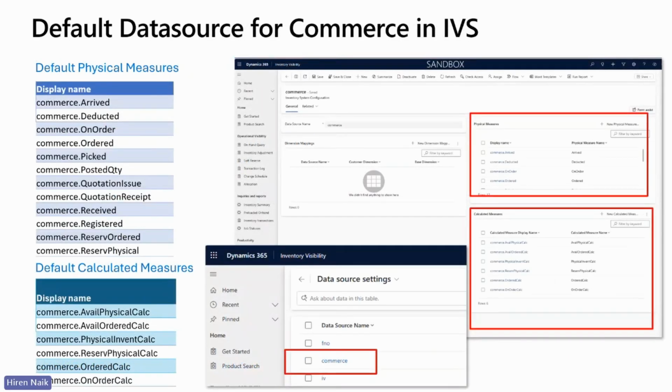So when you enable this feature, what happens behind the scene? When you first integrate your back office with inventory visibility service, when you enable and configure that, it automatically creates a data source called FNO. That's a reserved data source within inventory visibility service. But as soon as you enable this feature for commerce, it also creates a commerce data source in the inventory